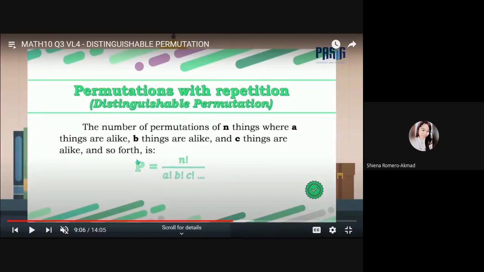Kaya ang ginagawa natin, we use the formula for distinguishable permutation kasi may magkakaparehong items or